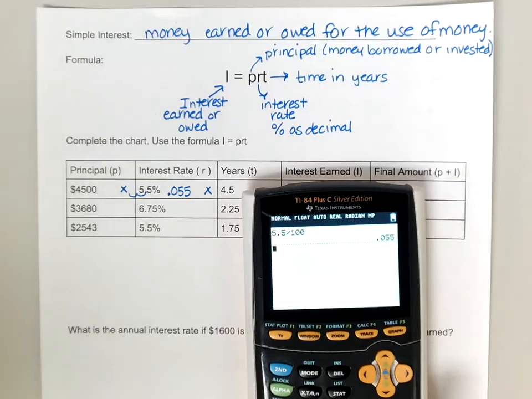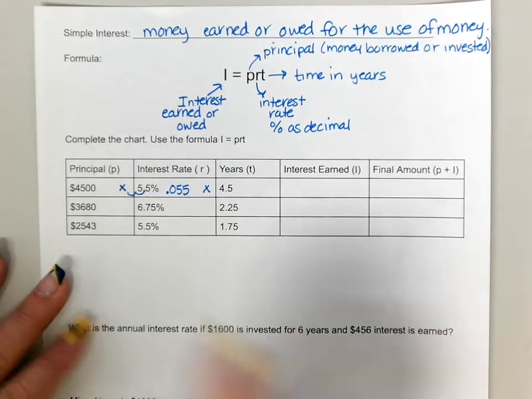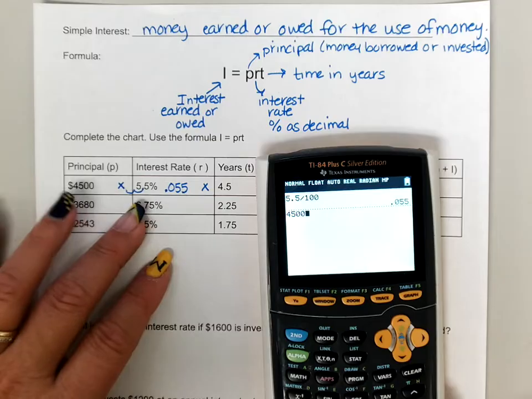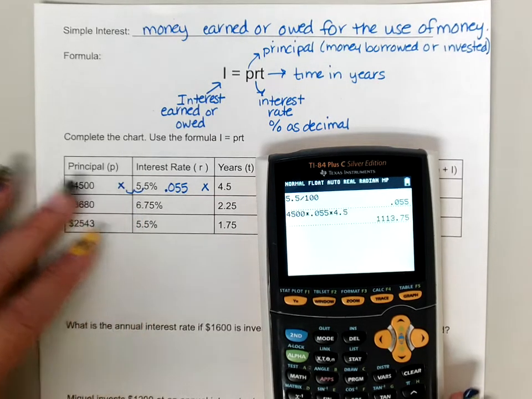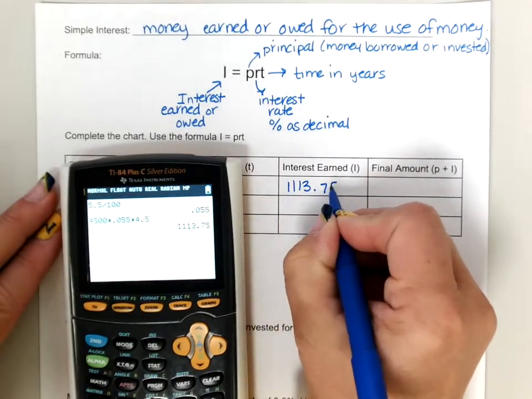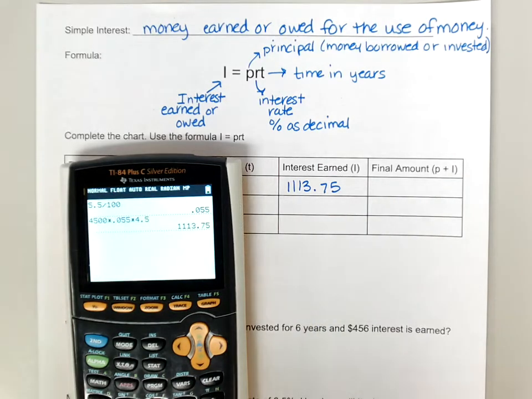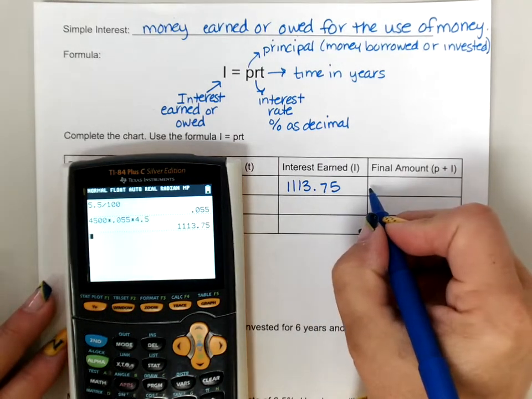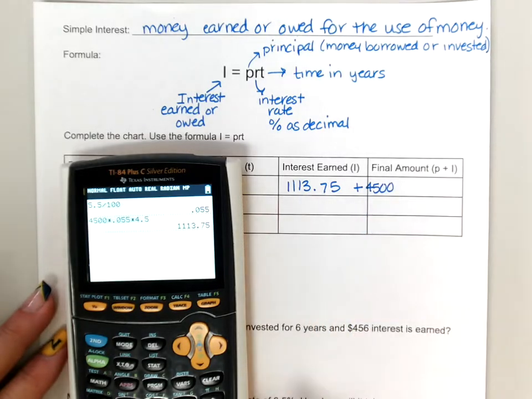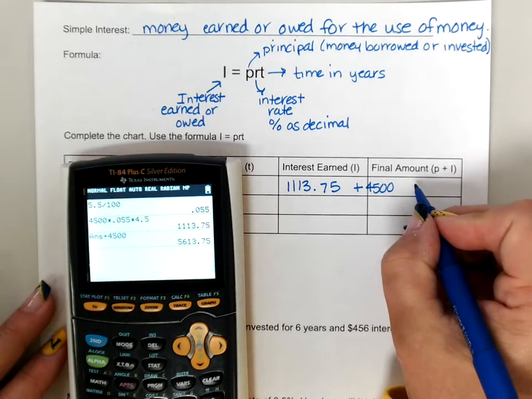When we were turning a decimal into a percent, we times 100. To go the opposite way, we divide by 100. So now we're going to multiply all of these things together. The 4,500 times the 0.055 times the 4.5 years. And this is money, so we should have 2 decimal places, so the nearest cent. And then my final amount is to take this plus what I borrowed, the 4,500. So I'm going to add the 4,500, and I end up with